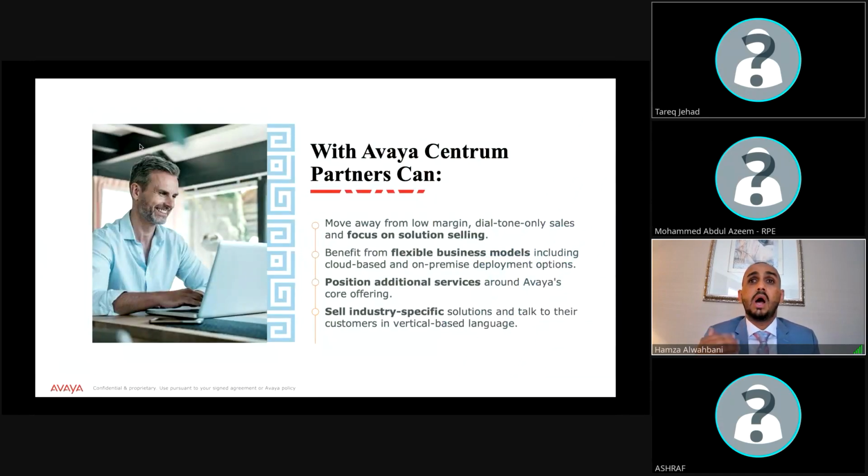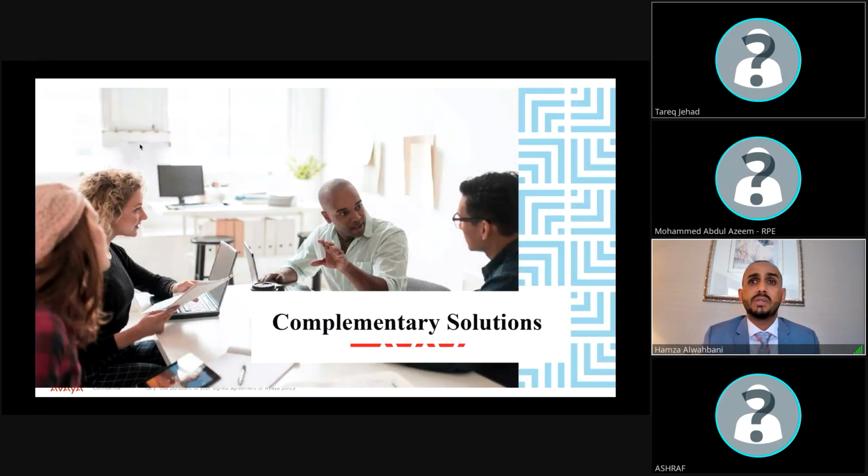But still today our partners are selling dial tone. Still our partners today go to the customer only selling a telephony system. Still our partners are not discussing other solutions with the customer. But today Avaya came with complementary solutions, with other solutions under Centrum applications.